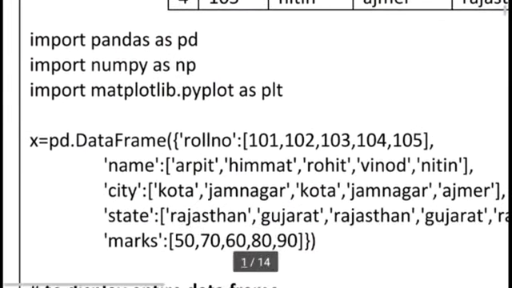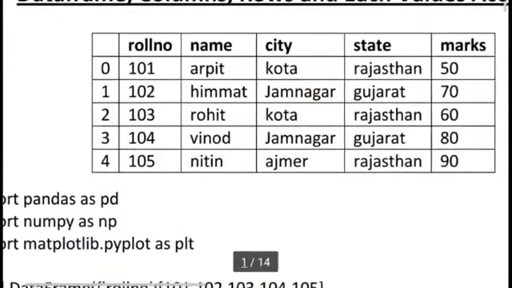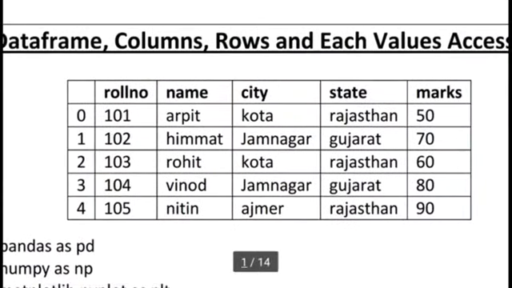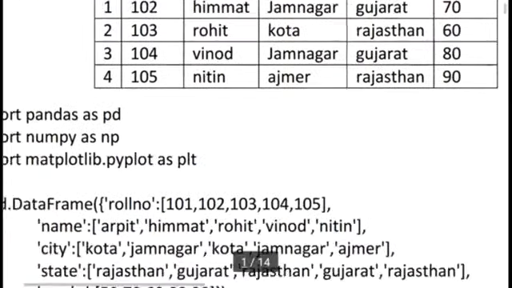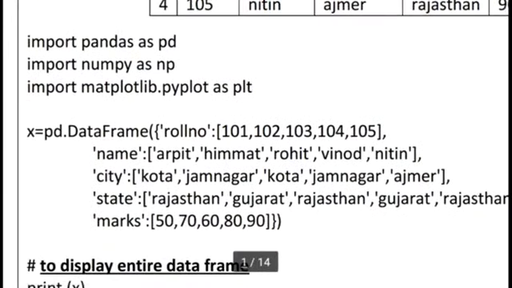The next thing you can see, I want to convert this table into a data frame. For this purpose I am using a variable x. The power of the x variable is that the whole table is held in one variable x. So x is our special variable. The nature of this variable is data frame. It is not an integer variable, not a float variable, not an array variable. It is a data frame variable x.